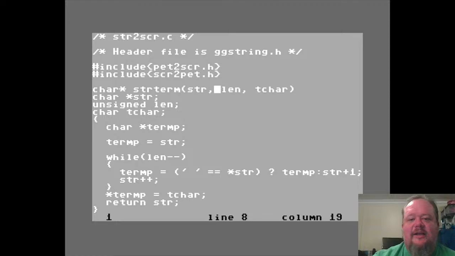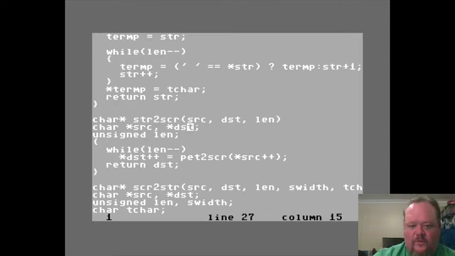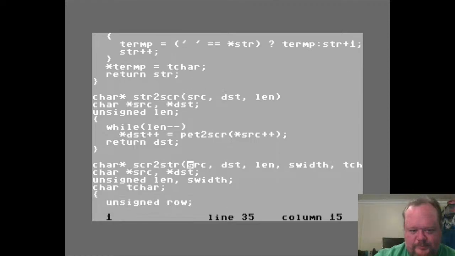Oh, this does, I think, per row. What is this? This looks like I have a conflict here. Oh no, screen to string. I was like, wait a minute, probably the same name. So screen to string. So string to screen converts Petsky to screen codes. This one does vice versa. So screen to screen, screen to string